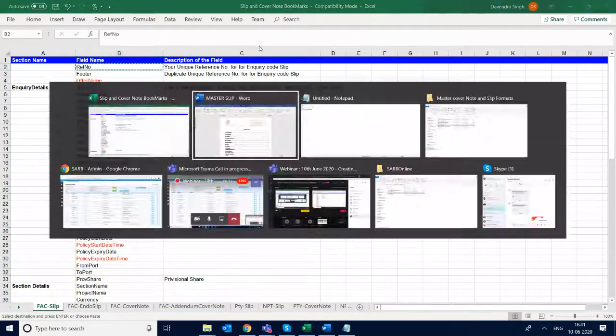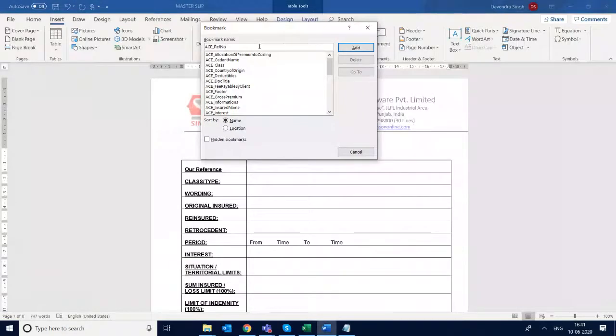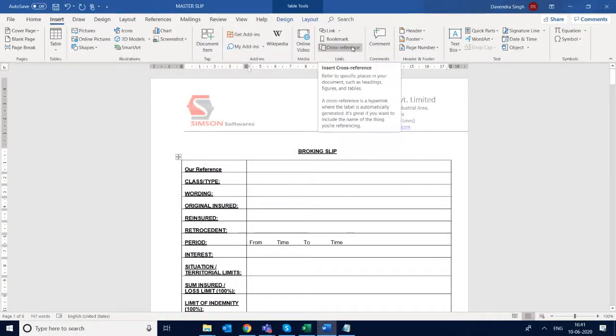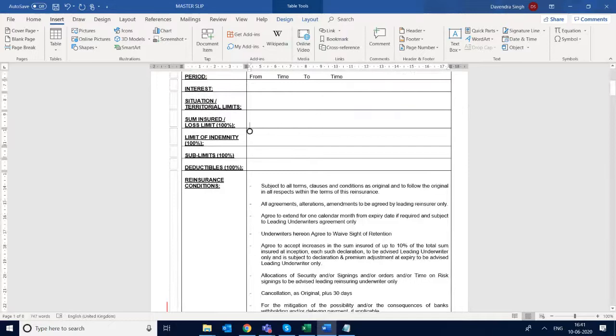Ref number. Add. Same is for date and time, from time to time, interest insured, and then this is Word file.